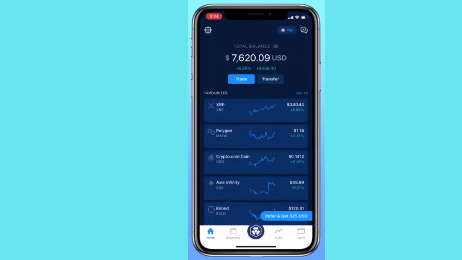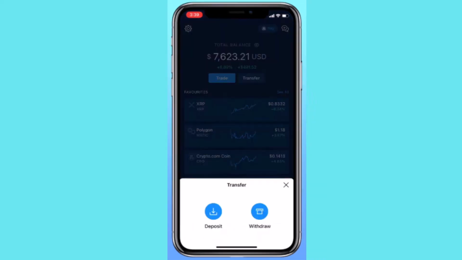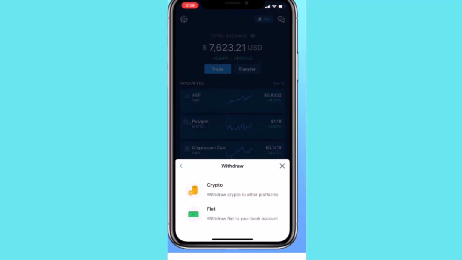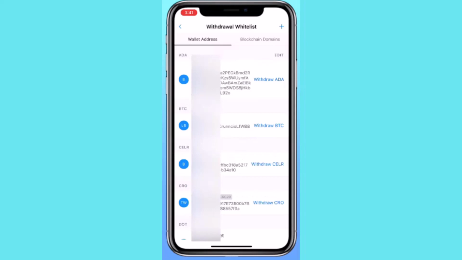And once you're logged into your account, tap on transfer, which is right on top. And as soon as you tap on it, there's a drop down menu. So from there you have to tap on withdraw, and once again a drop down menu will appear. So from there you have to tap on crypto, and once you're done selecting on the interface, you'll be directed